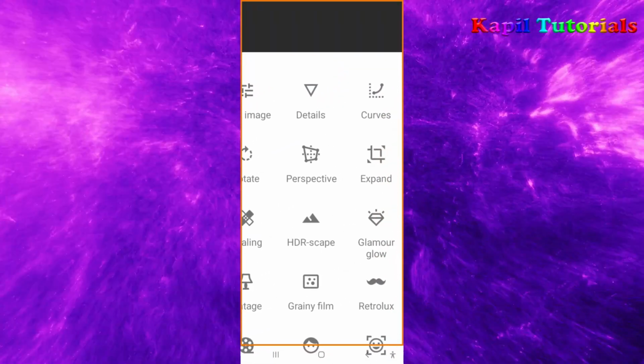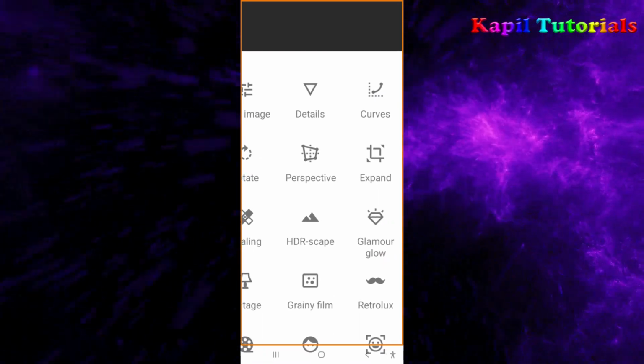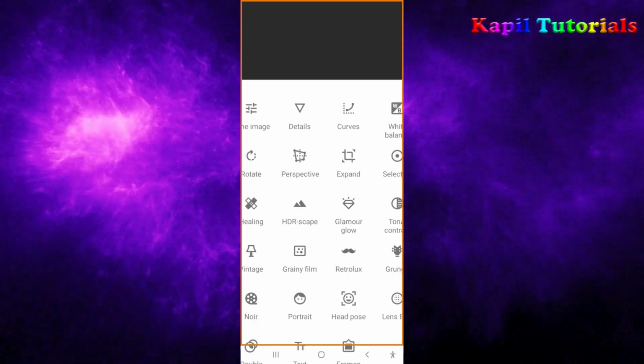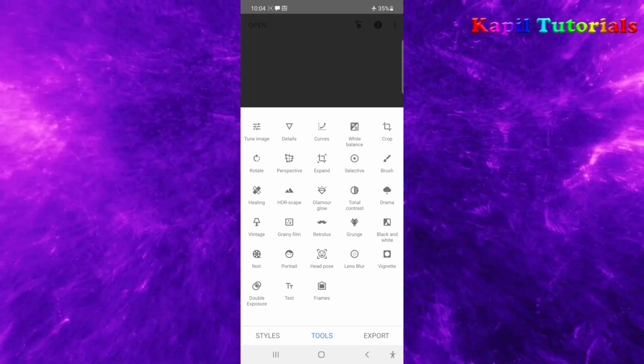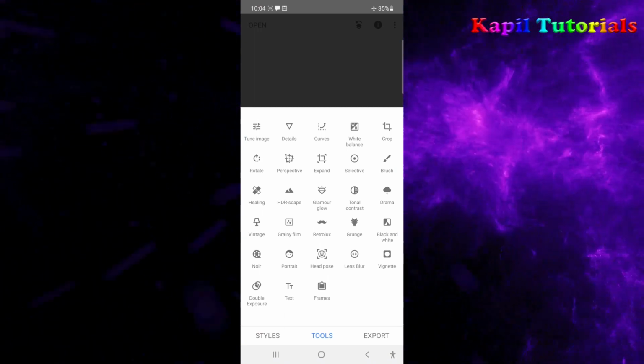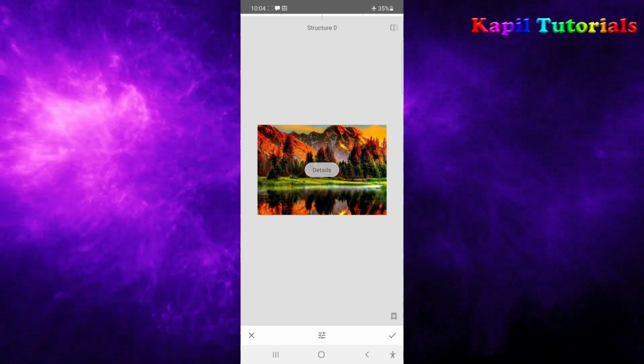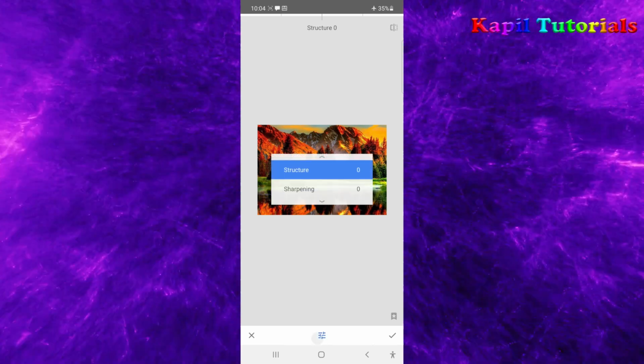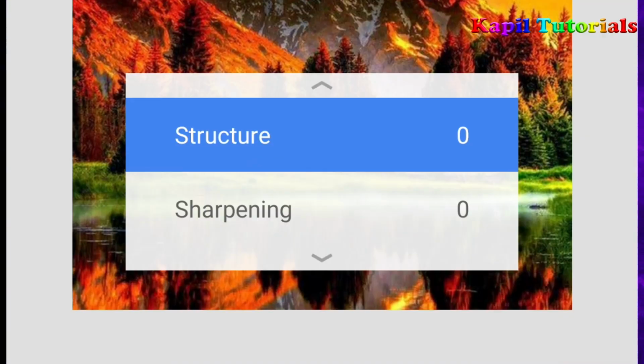so like details. Okay, I'll be clicking upon details. So in details, if you see, two options are coming, structure and sharpening.